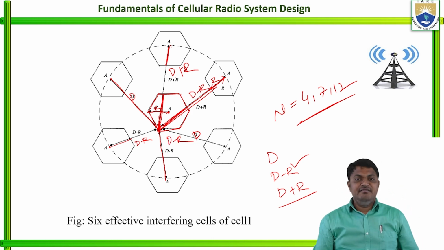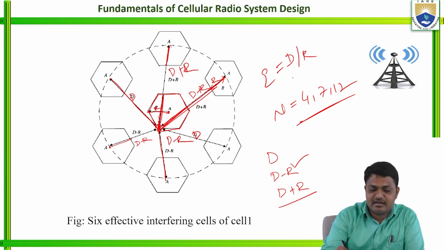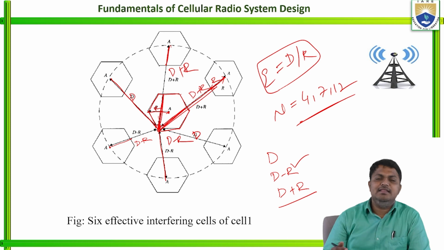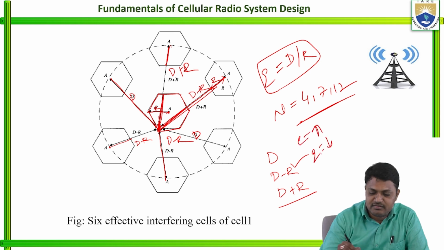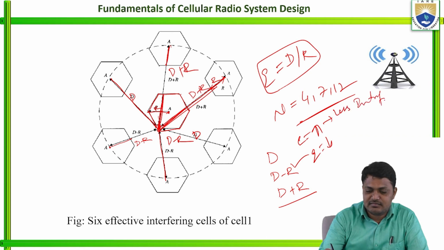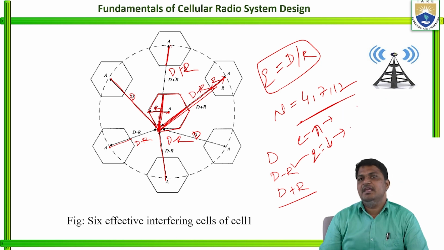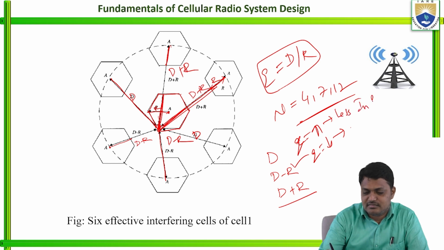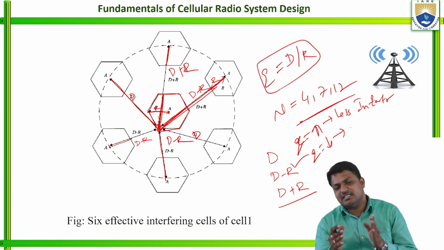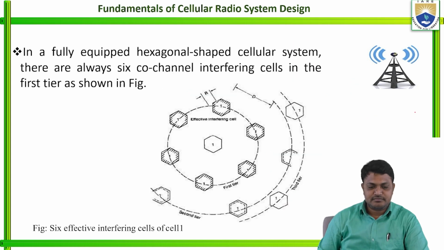Then what happens here is this: the co-channel interference reduction factor, the q value, q equal to d by r. When the q value is high, then automatically there is less interference in the co-channels. I am repeating once again. When the co-channel interference reduction factor q is high, there is less interference. When the q value is very low, then high interference occurs. Clear? Then the fundamentals there.